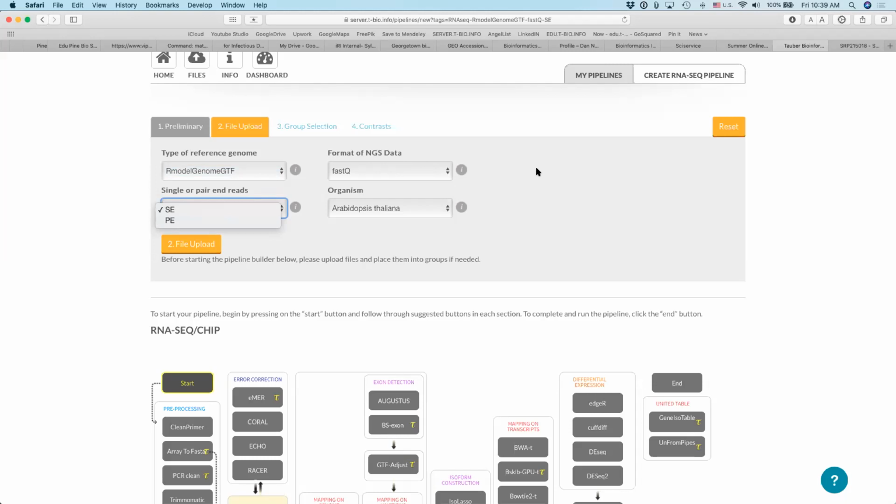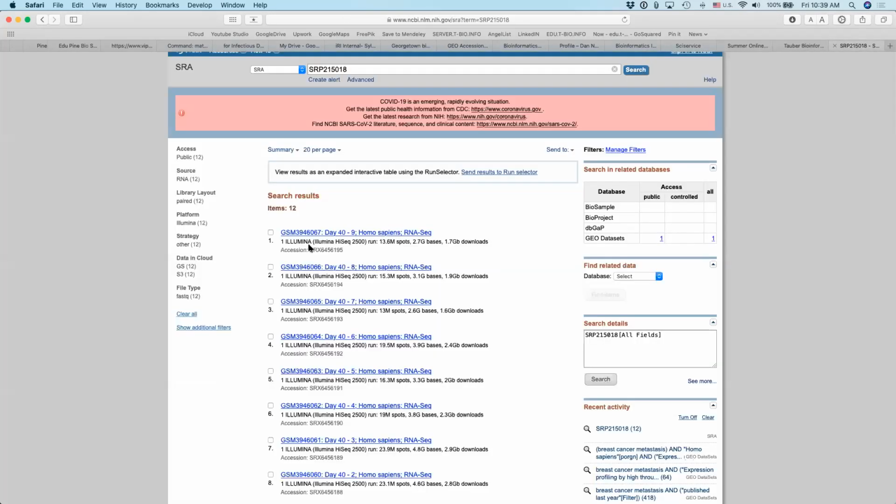We'll talk a lot more about this in our next session. So for now, we can forget about this. These are going to be SRA files, which are sequence read archive. If we go here, we can see that these are SRA files. So if you click on one of these,